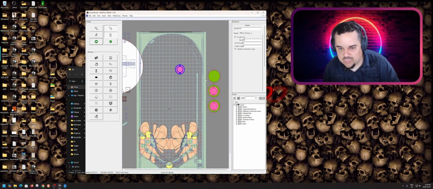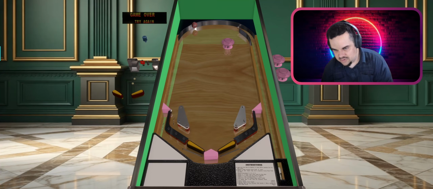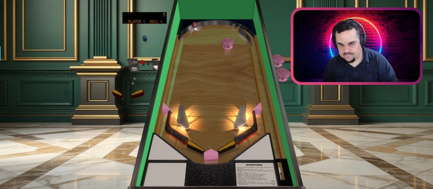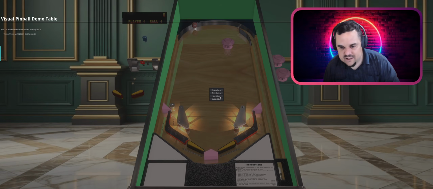So pop bumper 1 has B light 1. You unlock it to move it where the pop bumper is. And now that pop bumper is ready to go. Boom. See? Lights up a light. Now,